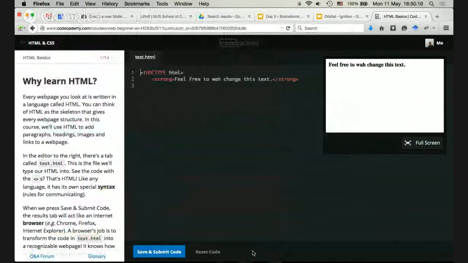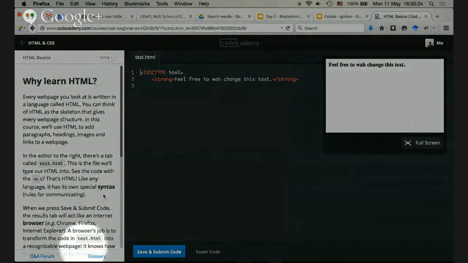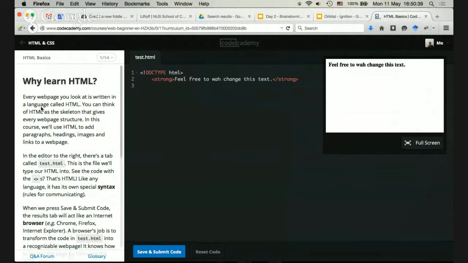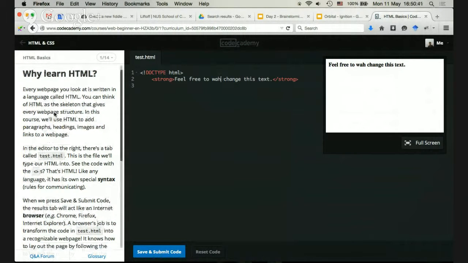Okay, so when you look at this interface, basically there are quite a few things that are similar to what you might have used in your 1010 class. Basically there's some instructions that are on the left-hand side. Okay, a panel where you write your code, or in this case not code but HTML, just hypertext. Okay, and then a preview screen that allows you to see what it looks like after you do it. Okay? So we're just going to read through slowly